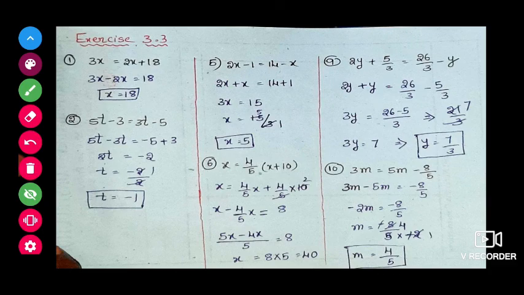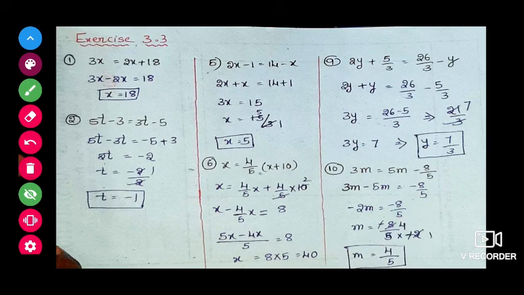That is, here minus 2 is in multiplication. Means minus 2 into m. If it goes that side, the division part it will go. So here we will get minus 8 by 5 into 1 by minus 2. So here we can cancel, minus 2 ones are 2, fours are 8. So what is remaining in the numerator is 4, in the denominator 5. So m is equal to 4 by 5.